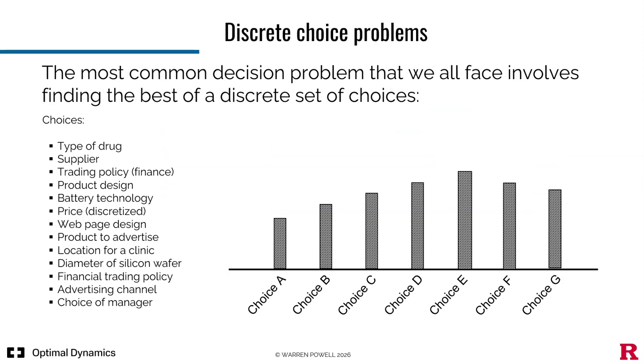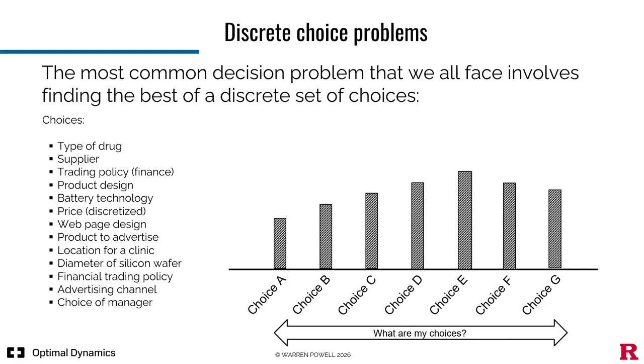Now, this is what I'm going to call the most widely used, the most common decision problem. I have a set of choices. It could be a drug or a product design or a web page design, or maybe the diameter of a silicon wafer. Now, it may be that I know the choices, and sometimes I don't. What drug to use, what supplier to use for a part. These are sometimes choices where I don't know the set of choices. But let's say I have a set of choices. The next thing I don't know is how well each of them works. I have this uncertainty. And sometimes I have to do extra investigating, or sometimes I just have to try a choice to see how it does.